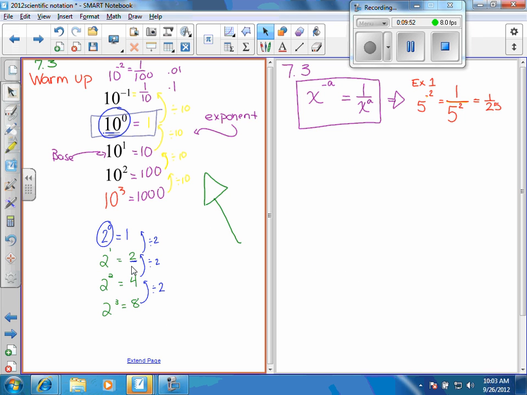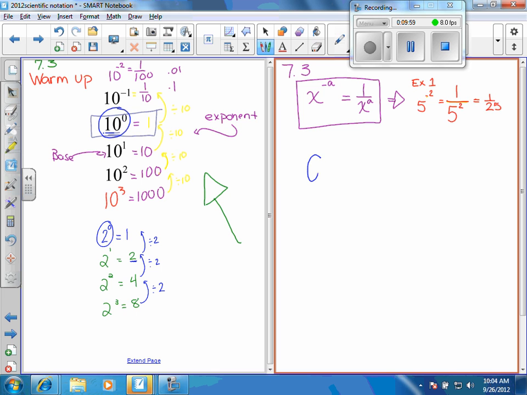Okay, so the rule's still there, but on the rule page, we're going to say any number or variable to the 0 power is always 1, no matter what. You need that rule today. And if it's hard to believe, try to look at the patterns that we were just looking at. Yeah. Karen. You are. Every number to the 0 is, you're just dividing the number by itself, and that actually brings us